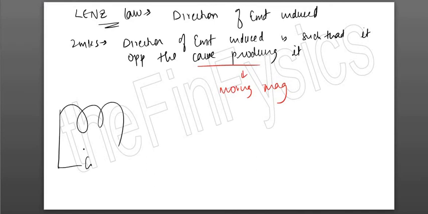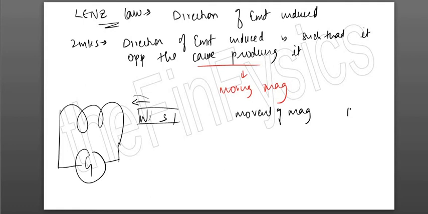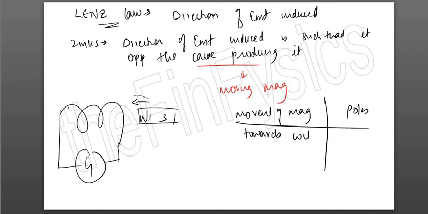So here is a coil, galvanometer, obviously you will not draw a cell or a battery, north pole, south pole. If the magnet is moving towards the coil, the coil will try to stop the magnet from moving, and to stop I always need to have like poles induced. So movement of magnet and poles. If I just draw a table, if the magnet is moving towards coil, irrespective of what pole it is, you're supposed to remember that like poles are formed. Okay, so if a north pole is moving, a north pole will be formed here. If a south pole is moving, a south pole will be formed near end, to the near end.